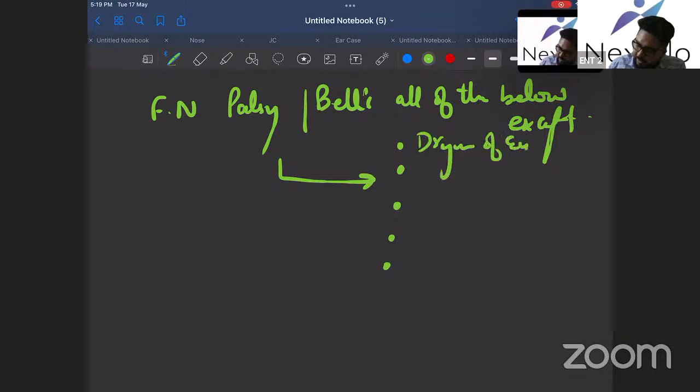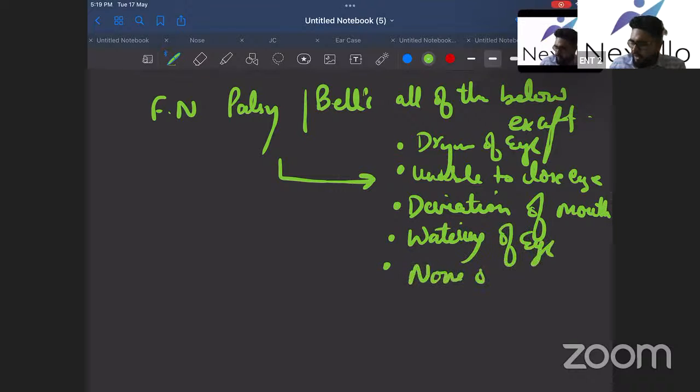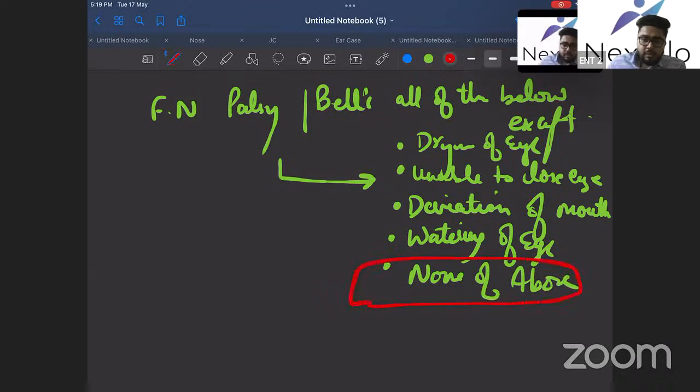dryness of eye, unable to close eye, deviation of mouth, then watering of eye, none of the above. Usually people will think that it is none of the above. That's what mostly people feel, but